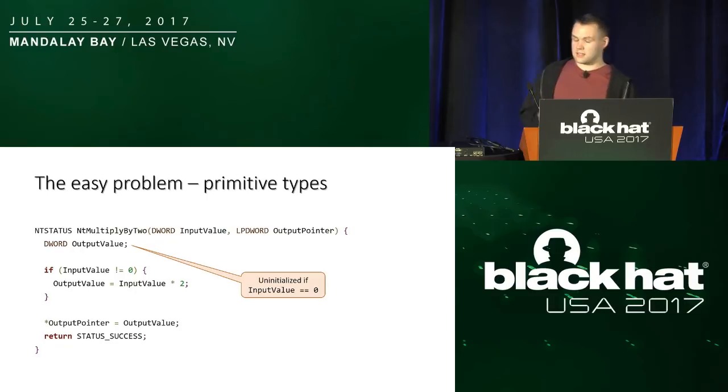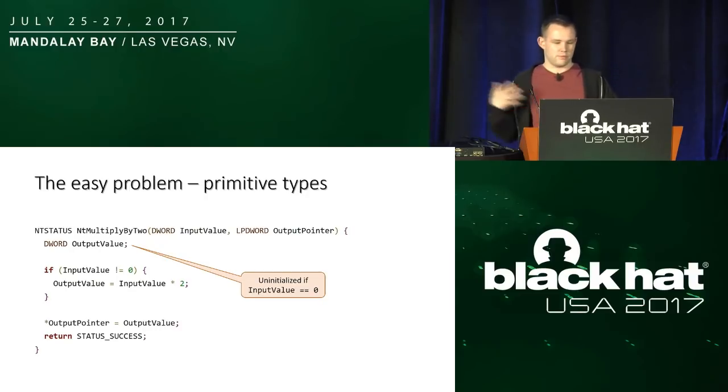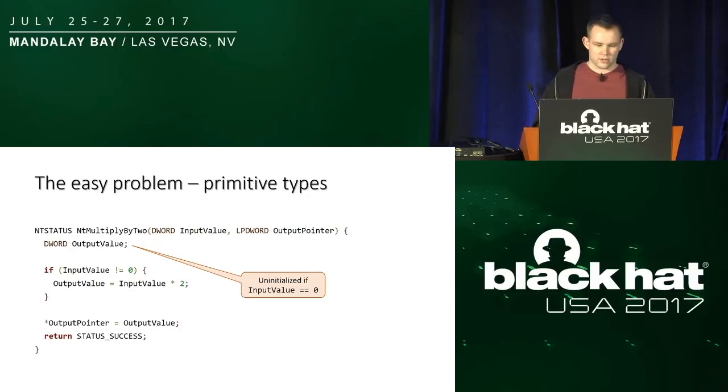So let's go back a little bit and think about when writing uninitialized memory or some kind of unintended memory to user mode can happen. We have this easy problem, on the example of a fake Windows system call implementation here, of writing an uninitialized value of a primitive type variable. Here we have a system call which calculates the multiplication by 2 of a value. And of course, as we can see, the local output value is not initialized if the input value is equal to 0. So then we are leaking